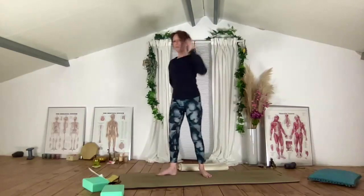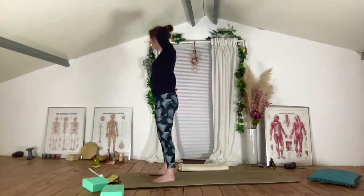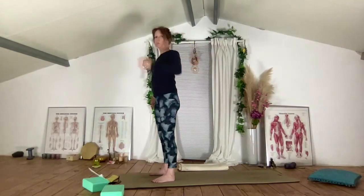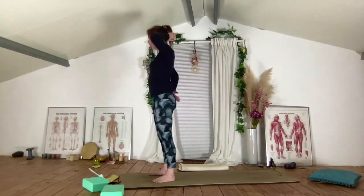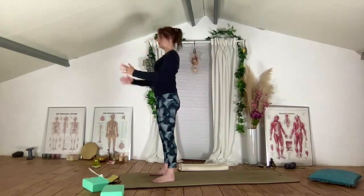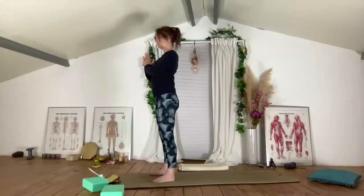And you're doing great work if you can identify that and find the length. All sorts happens on the inside to create that. So find a little bit more length and then bring the hands again back to your heart center. Okay, we're going to try and keep this length, this feeling of openness, and just go through a few sun